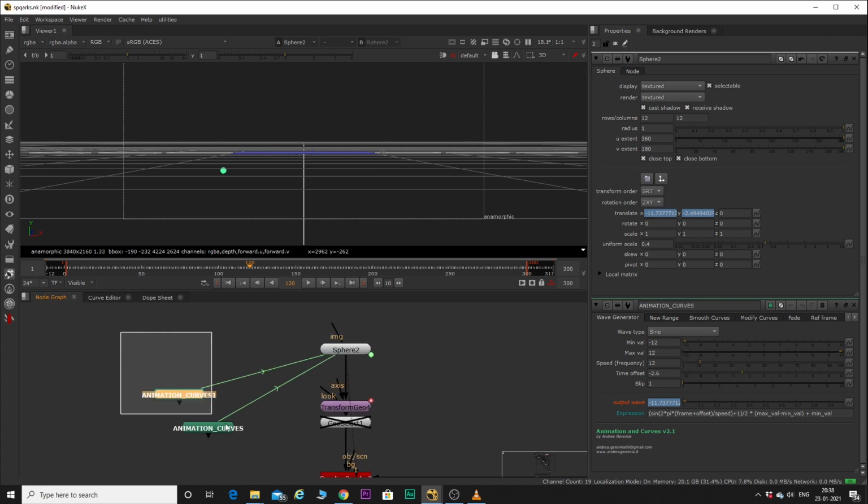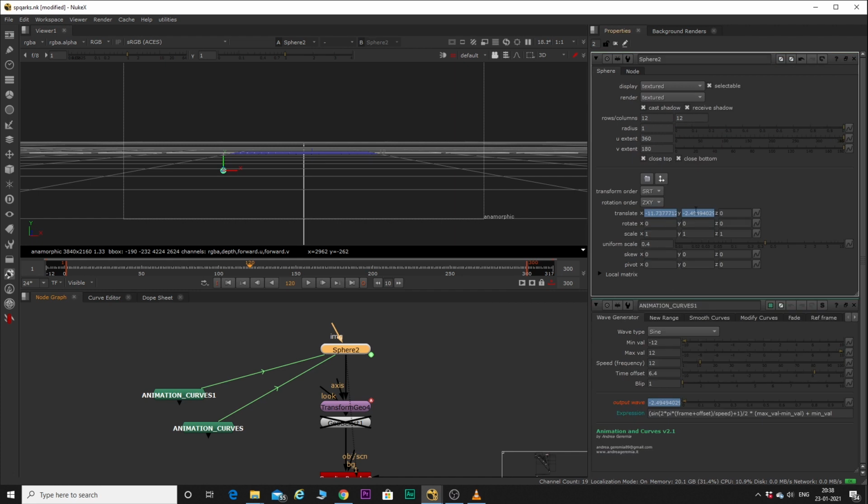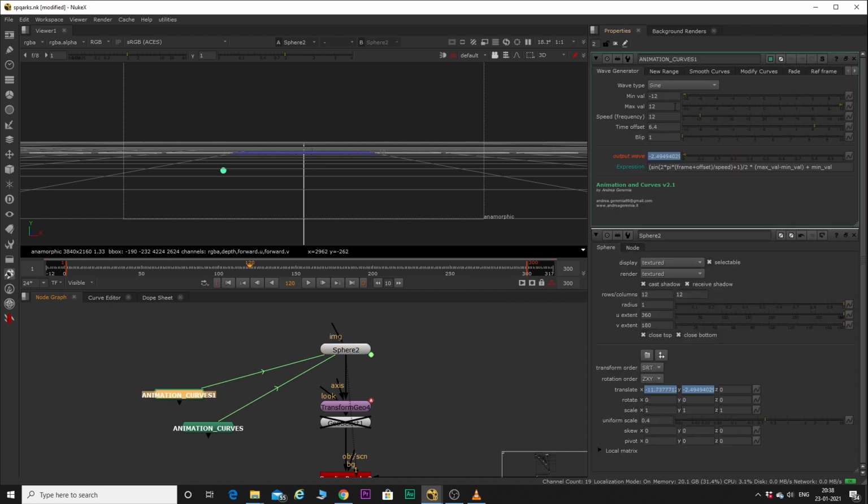So in that I have found this animation curve node, which will give some really nice variations, some curves to your animation, one of which is the sine wave. And when I add it to the X and Y using these minimum and maximum values, what it will do is, after every 12th frame it will complete one rotation: 1 2 3 4 5 6 7 8 9 10 11 12.